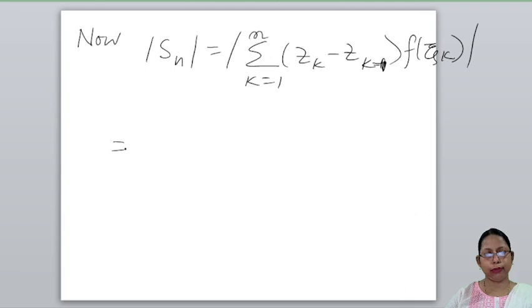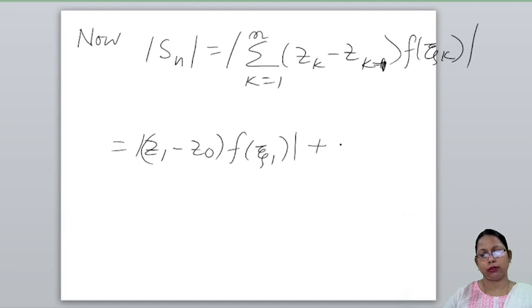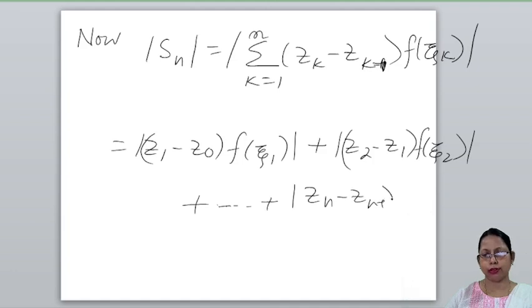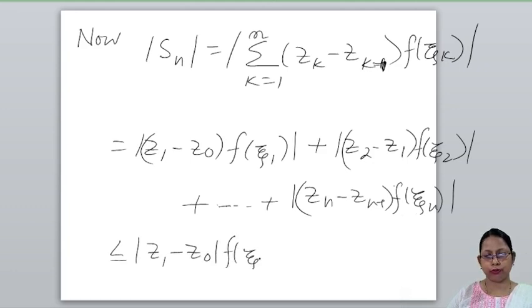If I expand this, I will get modulus of (z1 minus z0) f of chi 1, then again (z2 minus z1) f of chi 2, plus dot dot dot, plus (zn minus zn minus 1) f of chi n. Then again, using the property of modulus, I can write this as modulus of (z1 minus z0) f of chi 1